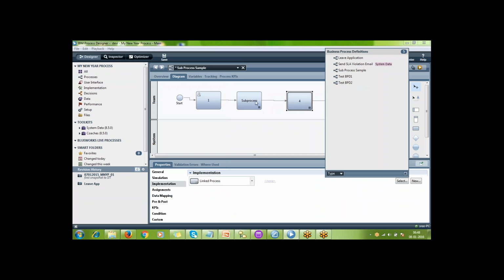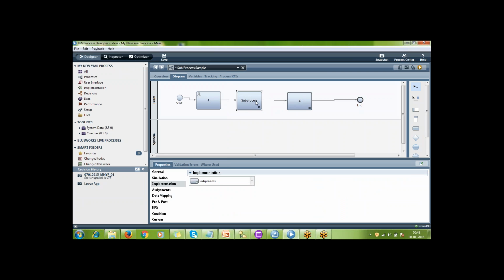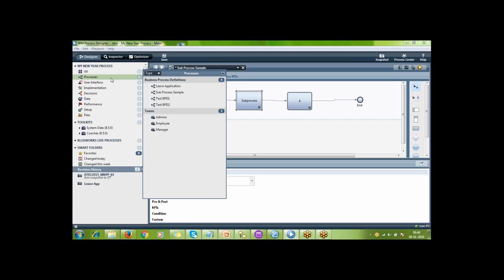A sub-process is limited only to a particular activity and nobody else can use it. But in a linked process, you are calling one BPD from another BPD, and that is reusable. Not only you, many people can call test BPD2, and they can call test BPD1 as well.